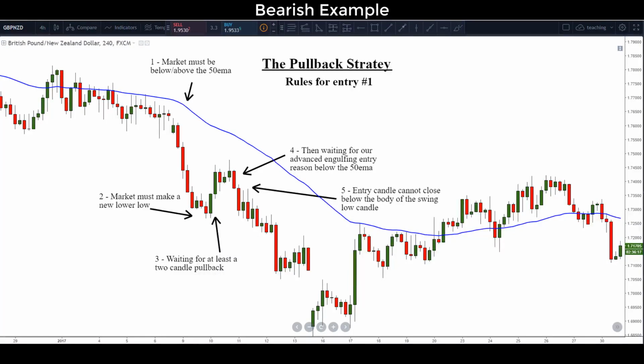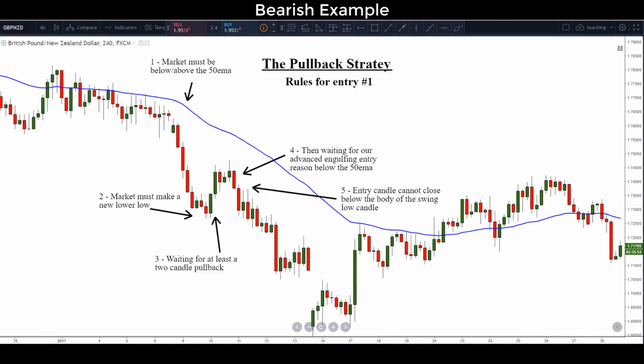In this lesson, you'll be learning the rules associated with the pullback strategy and everything you'll need in order to test and trade this strategy when it comes to the rules involved. Now, the pullback strategy is a trend continuation strategy that consists of two separate entries. In the beginning of this video, we're going to be taking a look at only one of those, which is